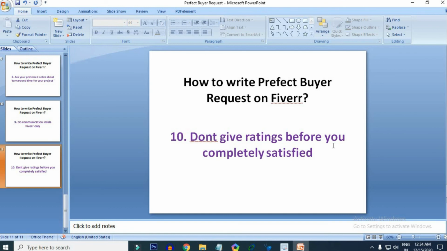If you're not satisfied with anything, you just ask them to redo the work, update that particular issue through the modification request link in Fiverr. So give the ratings after you are completely satisfied. If you're not satisfied, just ask them to redo the work. Everything well done, then you can give the ratings.